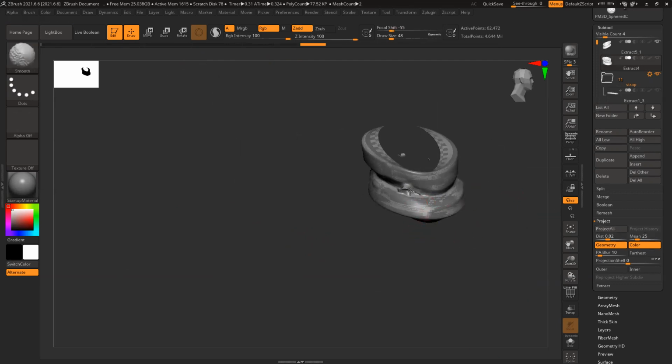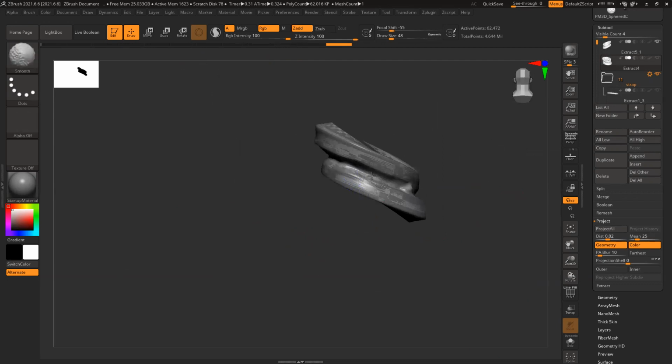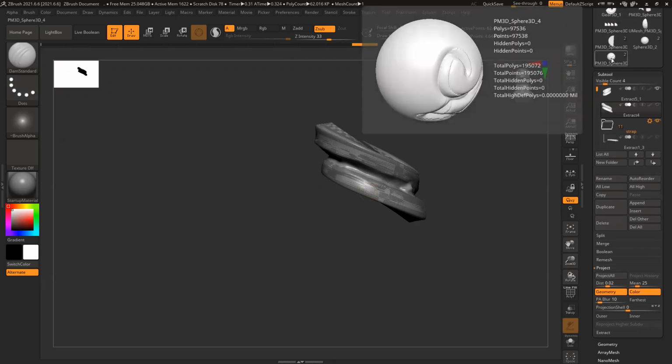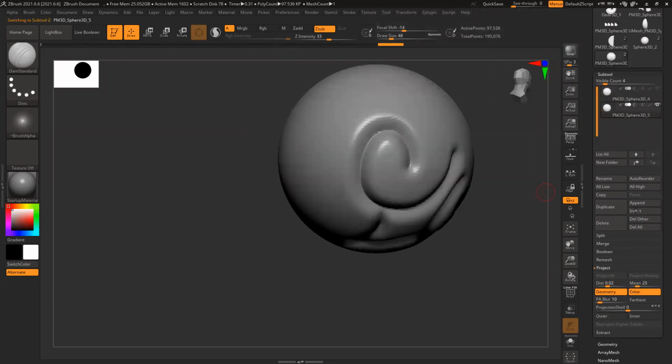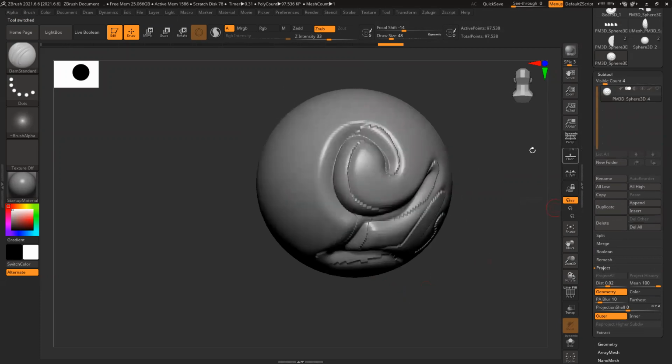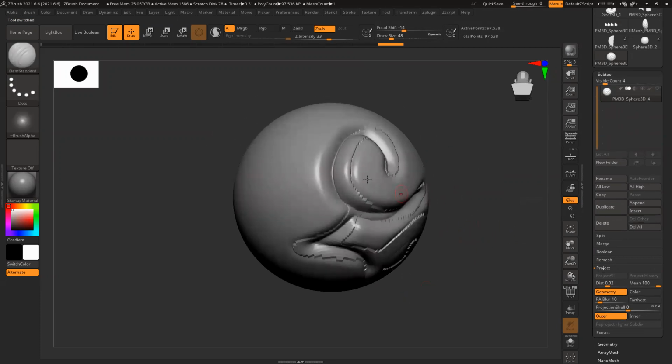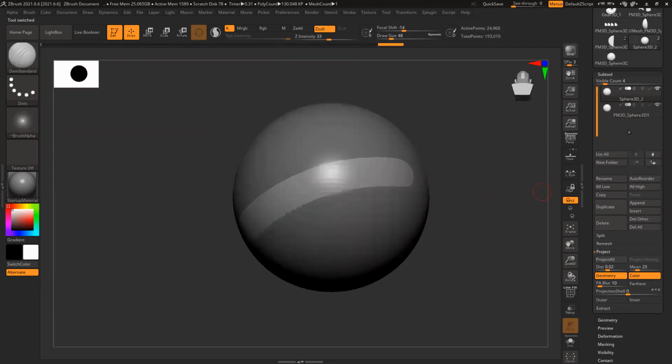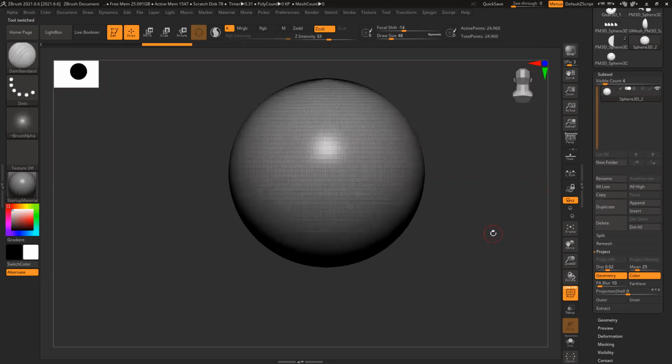Sir, and the ZRemesher is working like turbo smooth? No. ZRemesh means it's remeshing, like re-topologizing the entire model. So let's see. Okay, delete any one of them. Let's do it quickly, I have another class now. So suppose I have this model. Okay, no, this is not very good. Delete. Shift F. So you can see it's a sphere, right? And if I create some design on this.